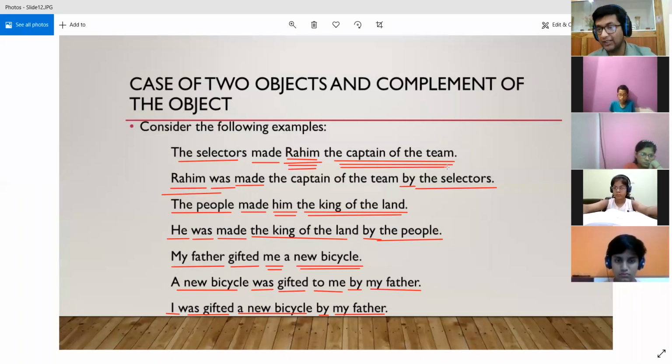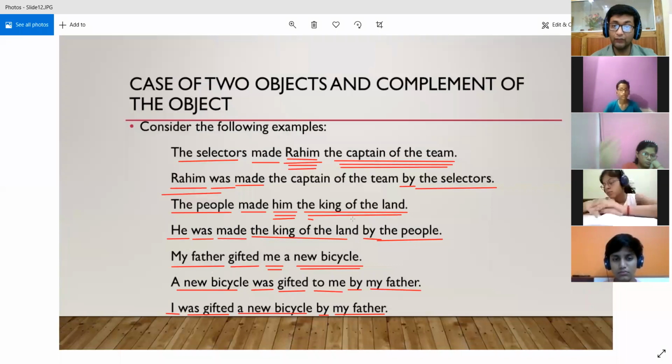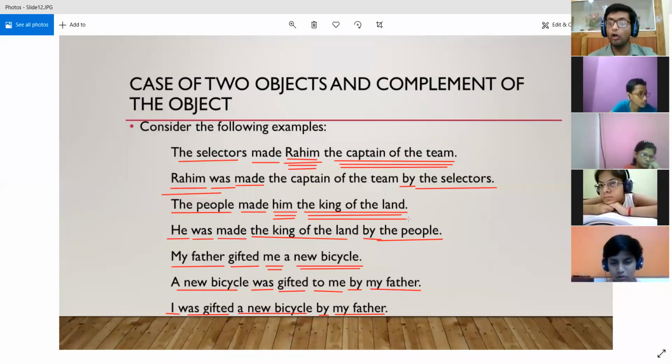They both are the same person, right? In the second case also, the people made him the king of the land. So him and the king of the land both are the same person. It is only him who is the king of the land, right? So they are both the same person. All right. So there are no two objects present over here, but they are just providing some extra detail about